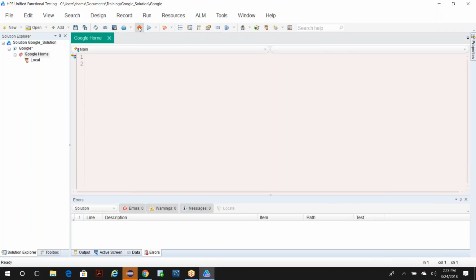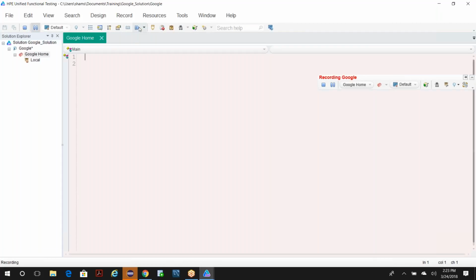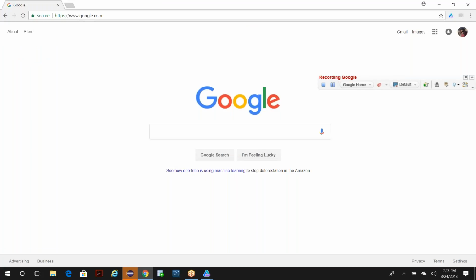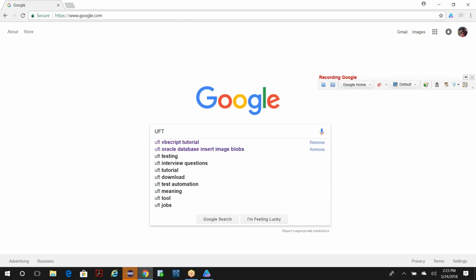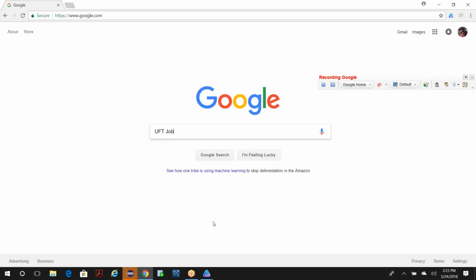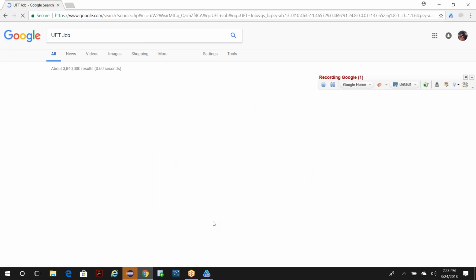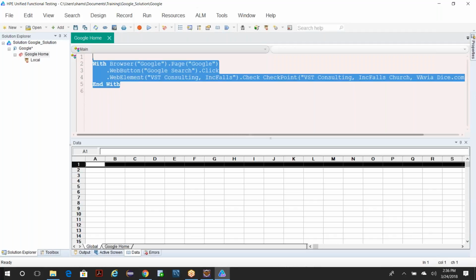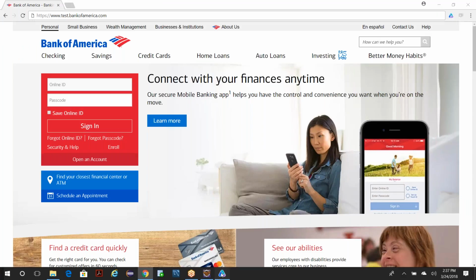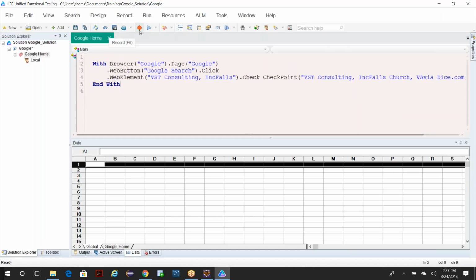So if I record it here, click on record, and I have Chrome open, I'm typing job, and then I click on source, and I have about this number of messages returned. This tool, when you come to a point where you are actually coding, like a VB script, sometimes we use it just to make sure